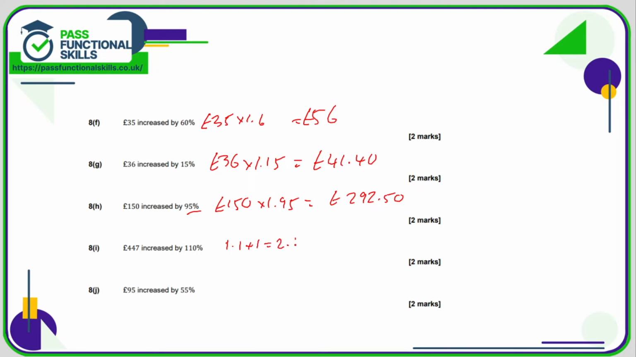So we're going to be using the multiplier 2.1. So the calculation is 447 multiplied by 2.1, and that comes to a total of £938.70. Our multiplier for 55% is 0.55, so to increase by 55%, we're going to use 1.55, and 95 multiplied by 1.55 comes to a total of